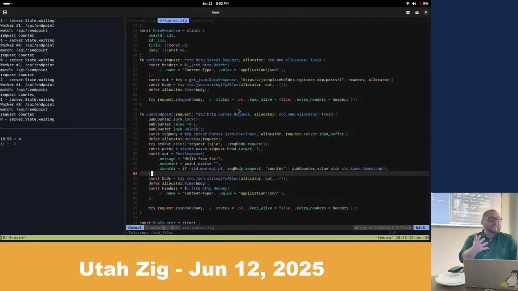Sure. The standard doesn't care how the body is encoded in theory. You can even encode it in binary, and that's fine. As long as the thing receiving it knows how to deal with the body, your body's fine. Yeah, because all you need is the length. You need to either know the length or know that it's chunked.